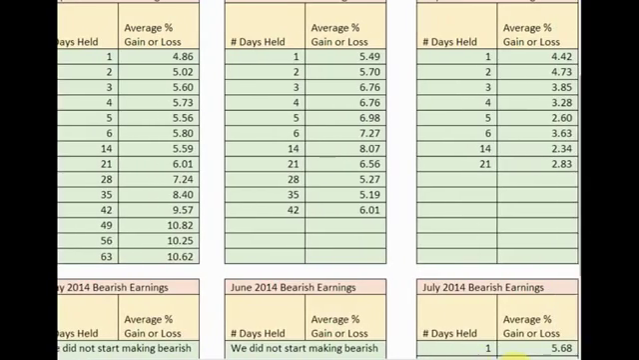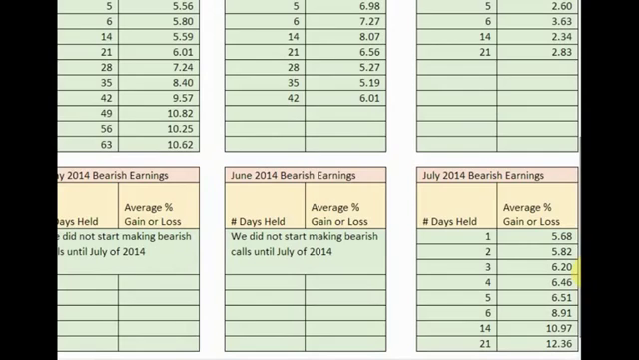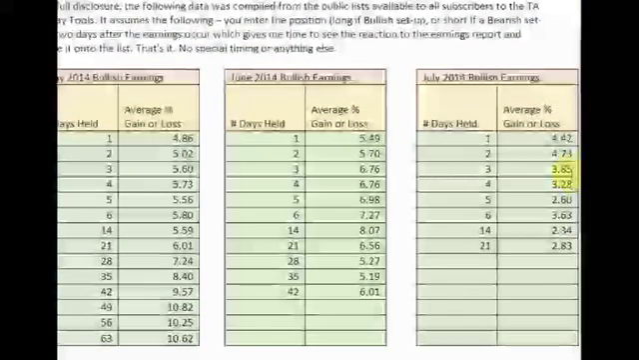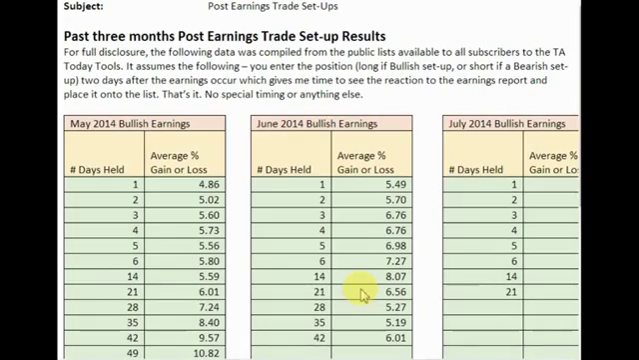Very, very powerful feature. It's something that we've automated now. Other than me just simply reviewing them, the rest of it's all automated and available to you as a member of TA Today. And that is today's 1 minute,